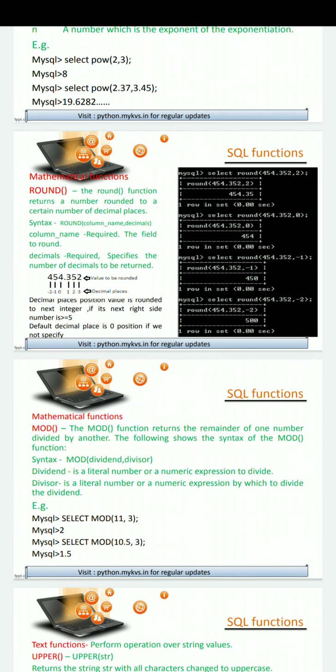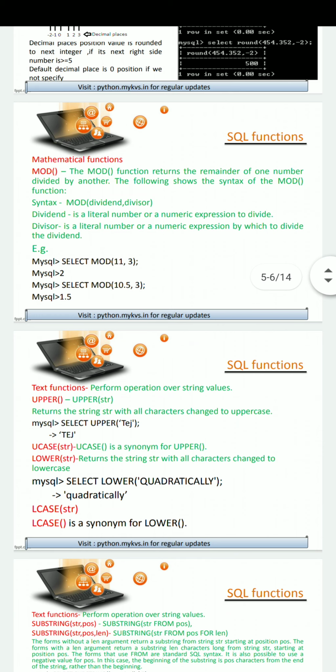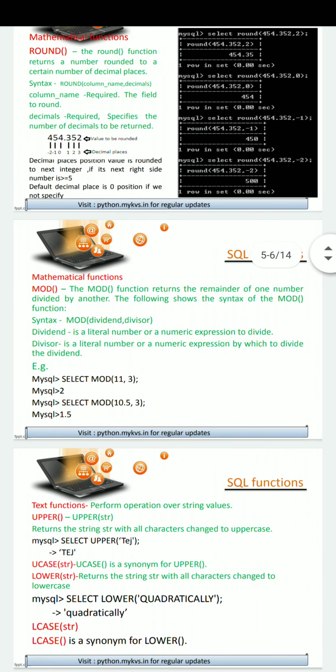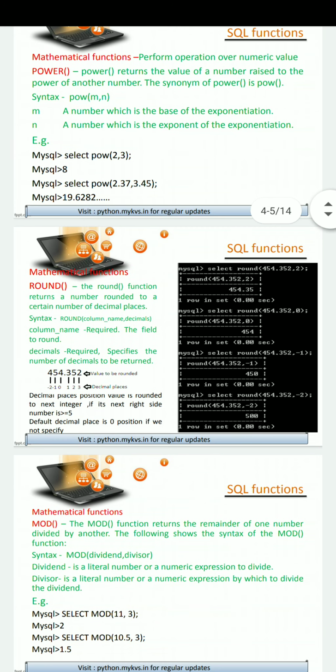The use of round function is to round any real value up to specified decimal place, and mod function is used to return the remainder of a number after division operation. These are the only three functions included in our syllabus.